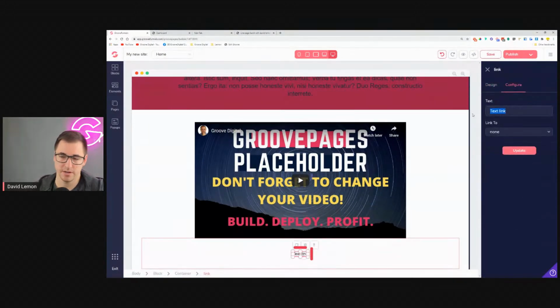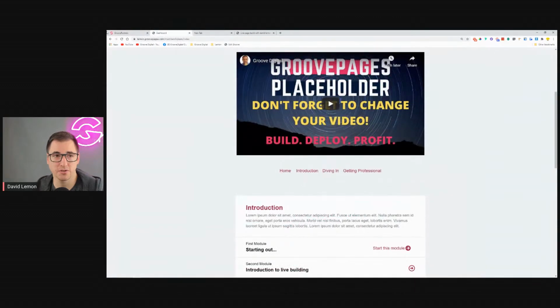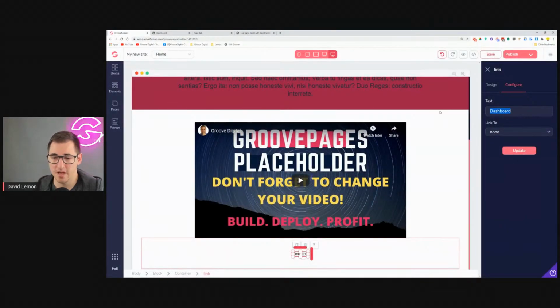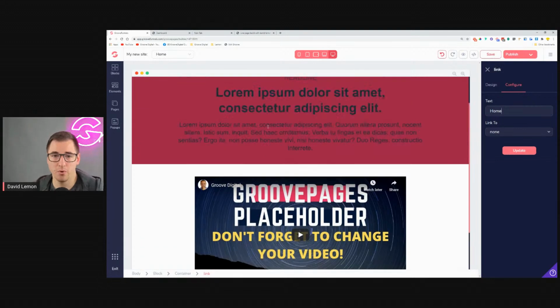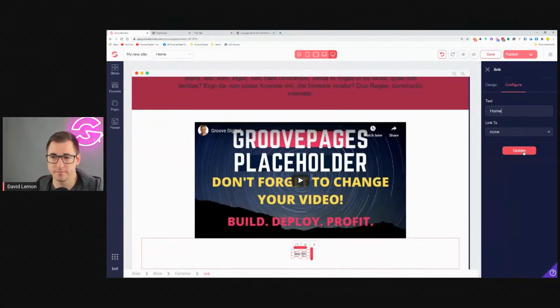This is set up here. I just forgot. Dashboard. Okay, we will be able to link it later on to dashboard. We'll just, or actually not, we want to link sections. So we can set up home to scroll up all the way to the top, and then we can duplicate it and just create a little bit of space between, maybe this way. Okay, and then we can add the first link, which is